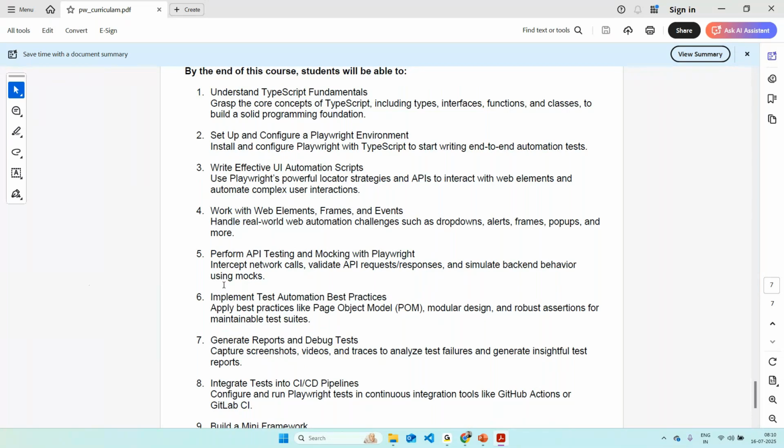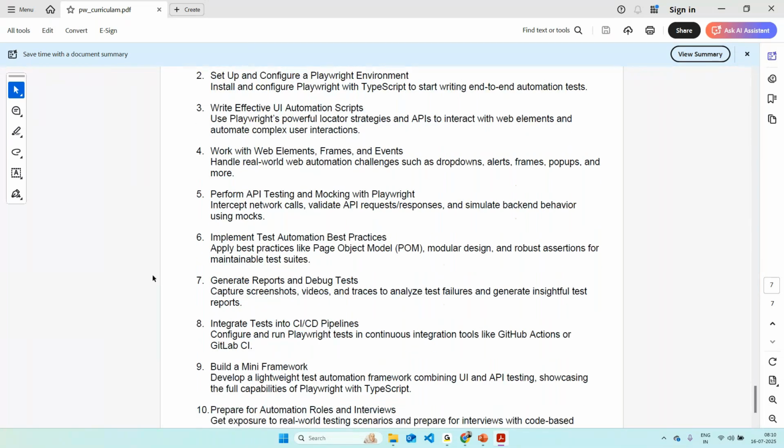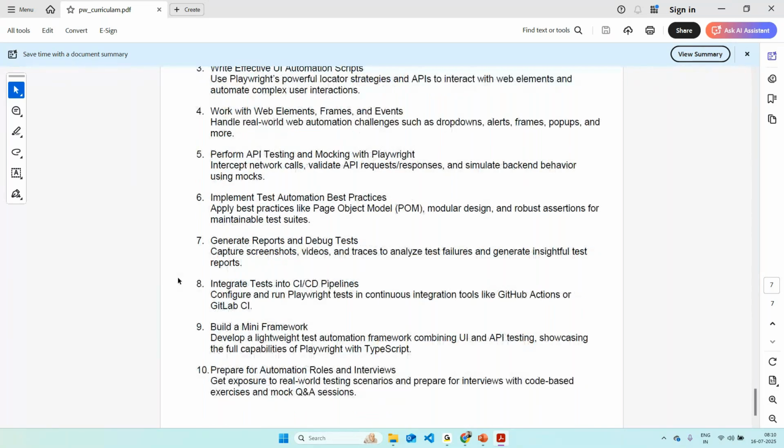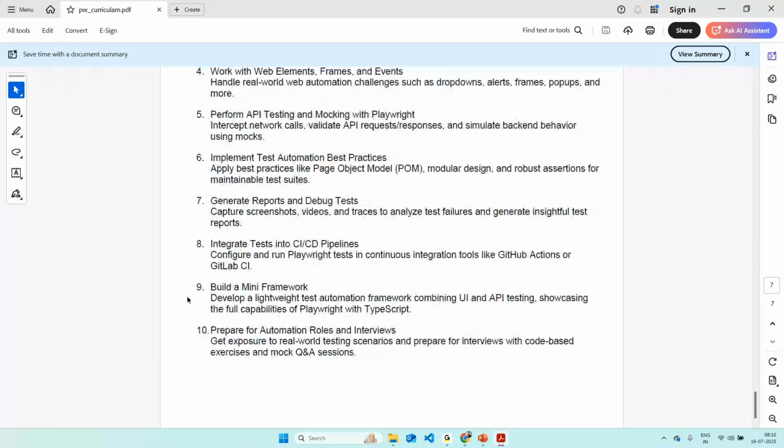Then implementing test automation best practices using the POM model or any other models, generating reports and debugging tests, integrating tests into a CI/CD pipeline, building a mini framework, right? Finally, preparing yourself for automation roles and interviews, right? Getting exposure to real world testing scenarios, preparing for interviews, and also preparing in such a way that you have